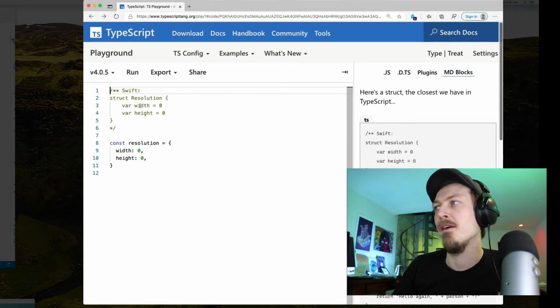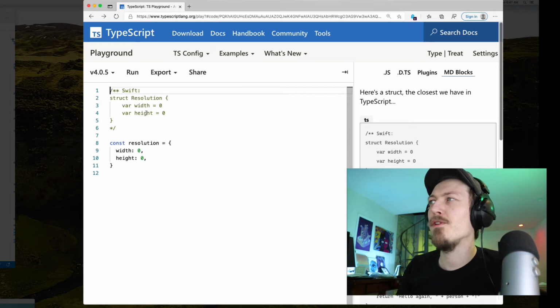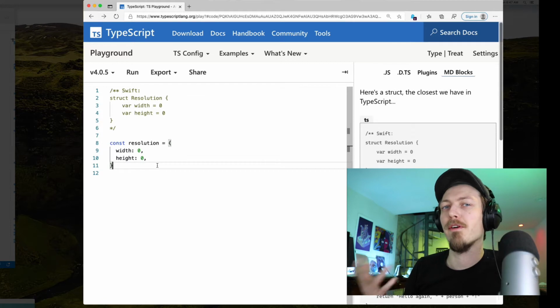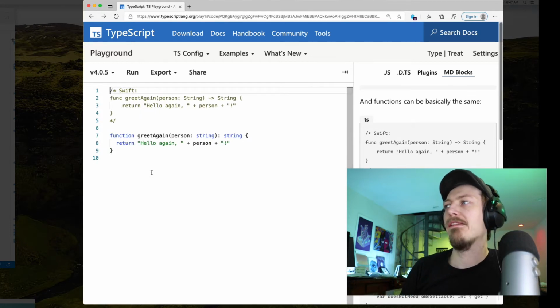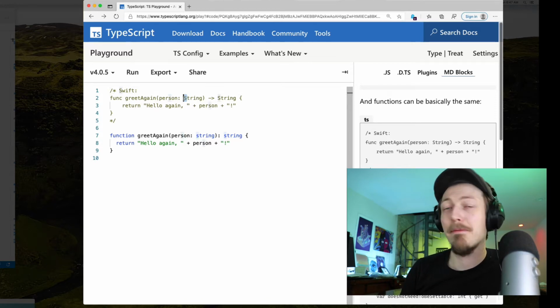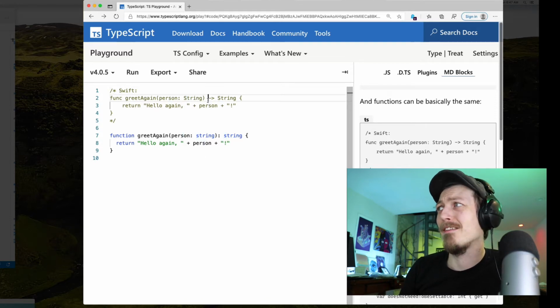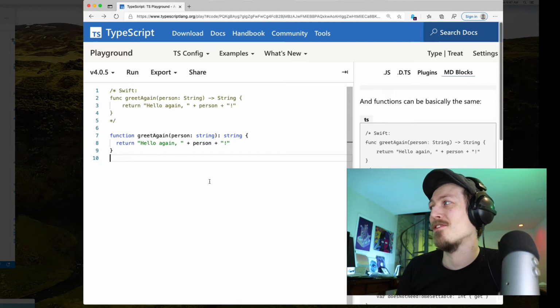They're just everywhere. They have similar-ish mutability rules, and they do copy on write under the hood too. There's functions, again, very similar. The biggest difference is a capital S versus a lowercase s, and an arrow instead of a colon. Other than that, you could copy and paste between each other very trivially.